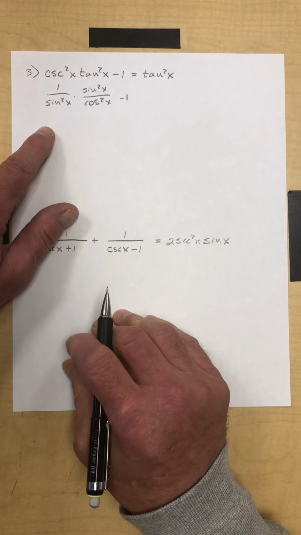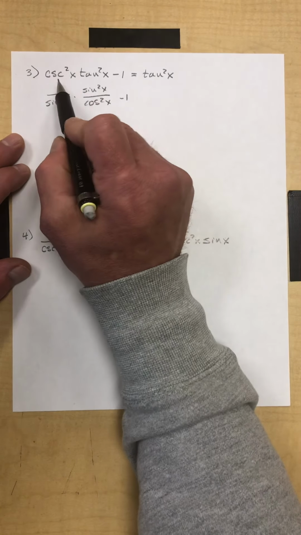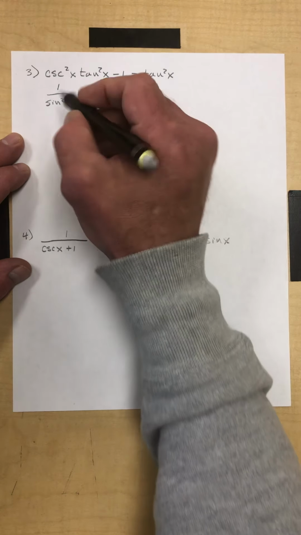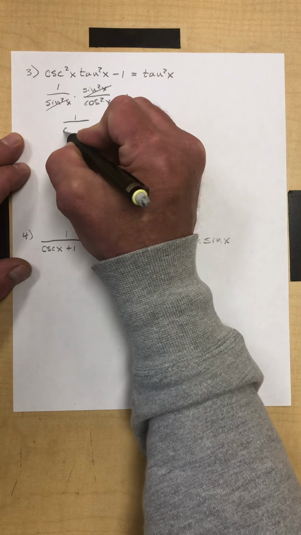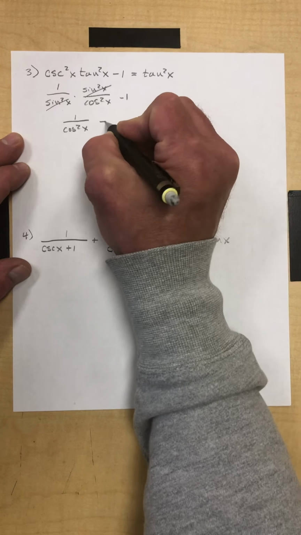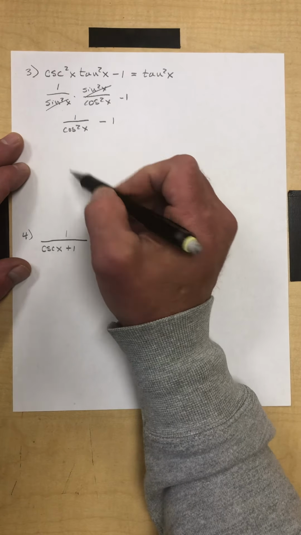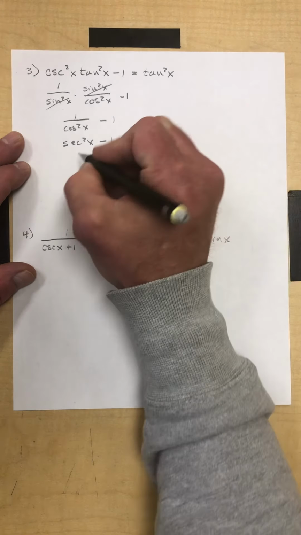Now, the reason I went this route is because I know I'm going to get these sines to cancel each other off. Okay, just knowing that this is going to put a sine down in the denominator and this is going to put a sine up in the numerator. So this guy goes with that guy. Okay, and so we have 1 over cosine squared of x minus 1. Now, 1 over cosine, okay, that's the reciprocal of cosine, which is secant. So this gives me secant squared of x minus 1. And if you go to your Pythagorean identities, secant squared minus 1 is tangent squared. Okay,